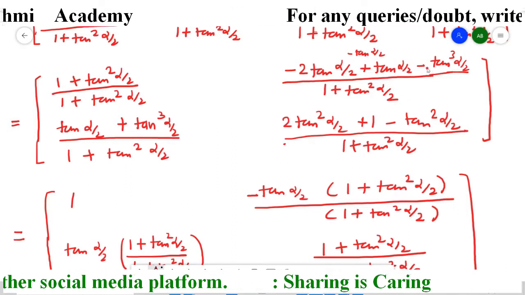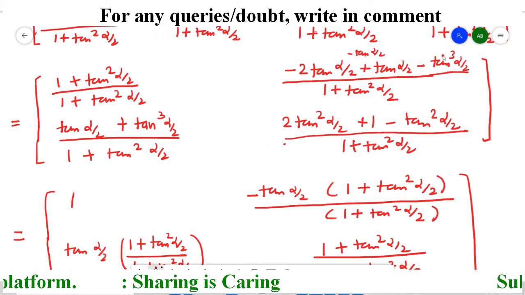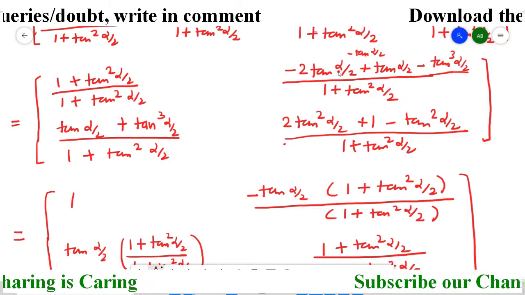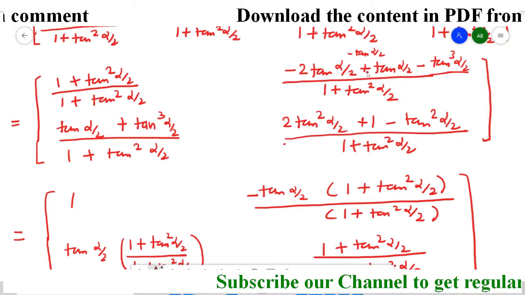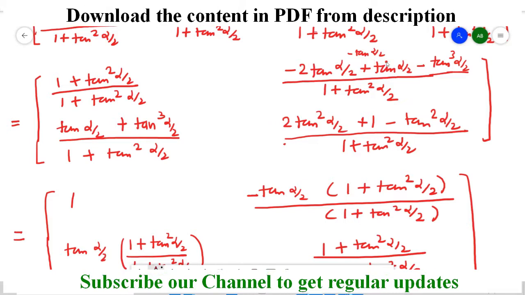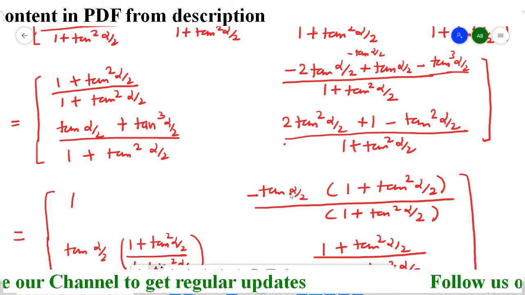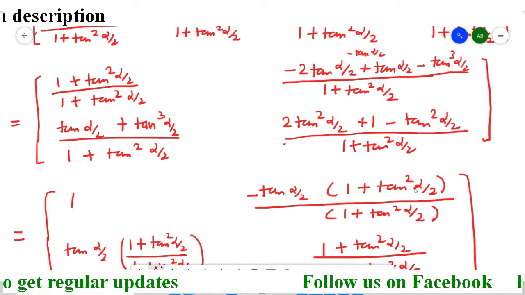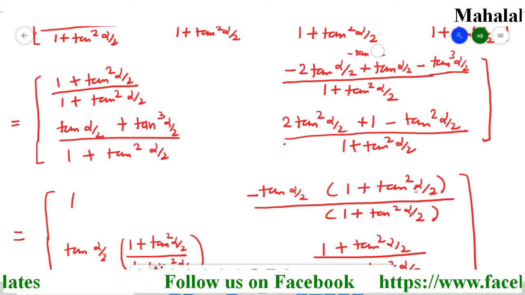So minus tan alpha by 2, just take common. So from here what remains? Only 1. And here you will get tan square alpha by 2, and since we took minus outside, it is going to be positive. Again I am repeating. These two terms are plus minus minus, and the sign of the bigger number, so the result of these two terms is minus tan alpha by 2. And here also minus tan cube alpha by 2. So you can take minus tan alpha by 2 common, and here plus 1 remains, and here plus tan square alpha by 2 remains. Now let me erase this rough work.